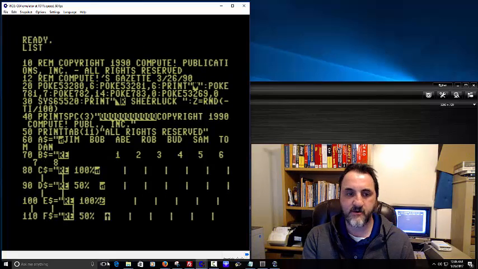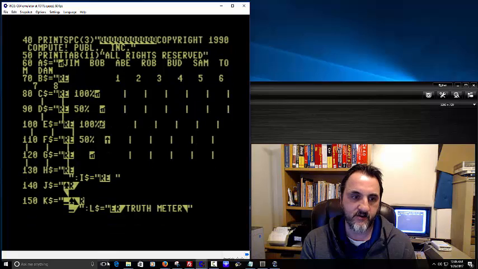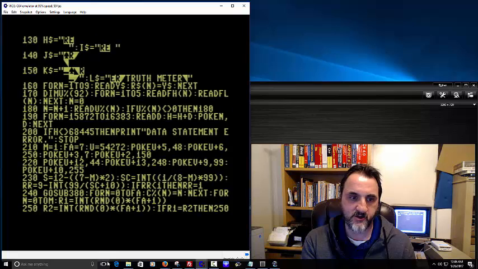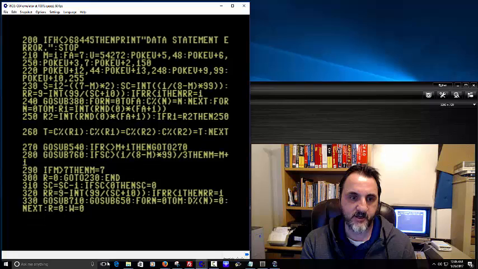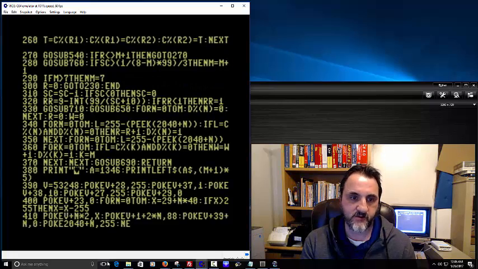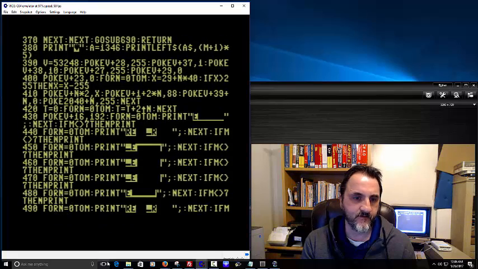Back in the days, it was also common for me to go to the library and pick up a lot of Compute magazines, where I would be learning a lot of Commodore 64 programming as well, and just typing in programs to see what they would do and stuff like that. Before I even understood really anything about sprites and really game programming in general. But this one's really well written. It's a mystery game.